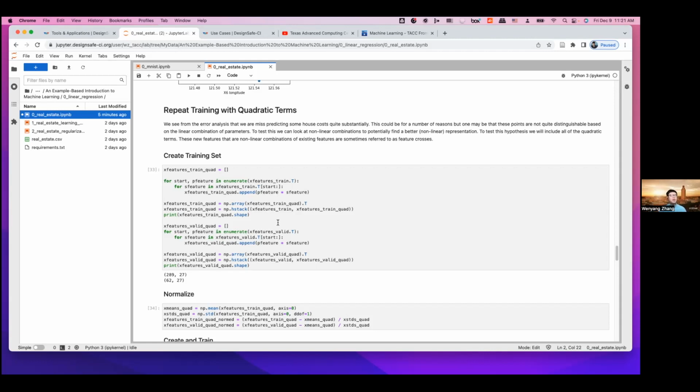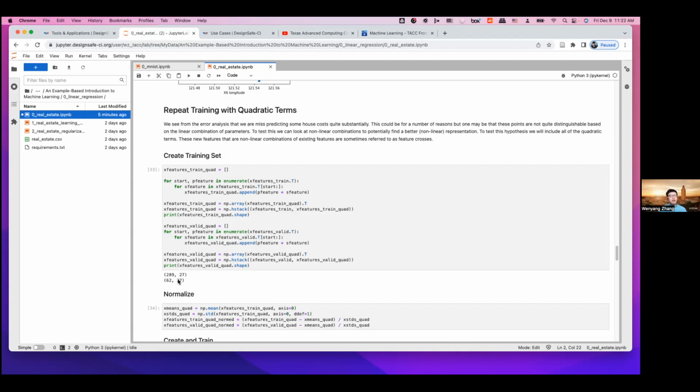And we realized that maybe we can add more features to decrease the error. The normal way people do it is to add the quadratic terms, meaning that we have x1 square or x2 square, and we append these quadratic terms to the normal linear term. So previously, for example, we had 6 features, and right now we have 27, so we add 21 more features to the original data set,